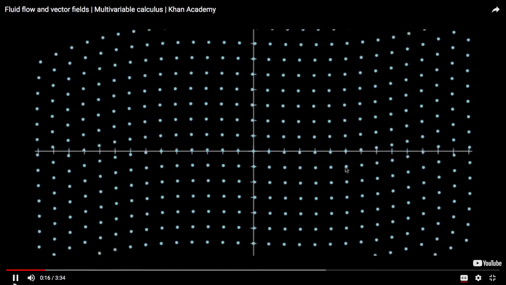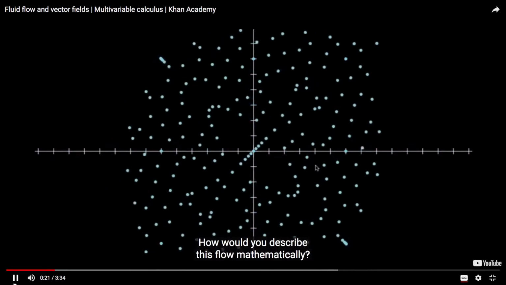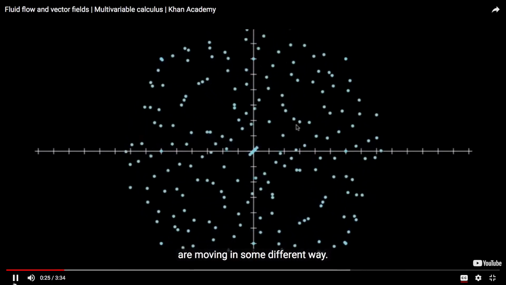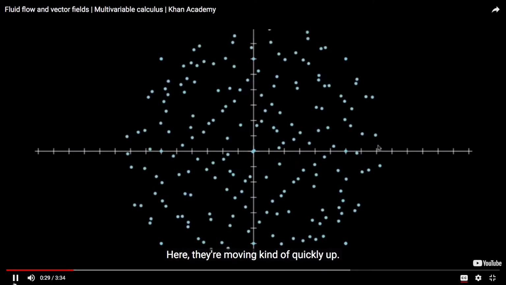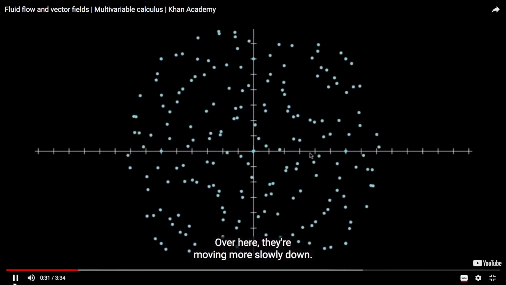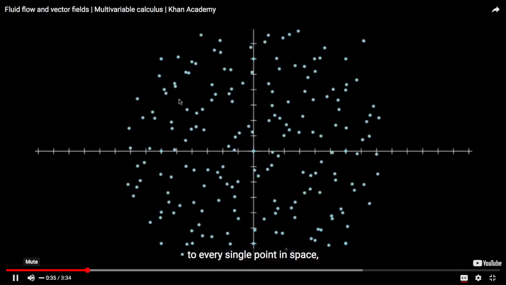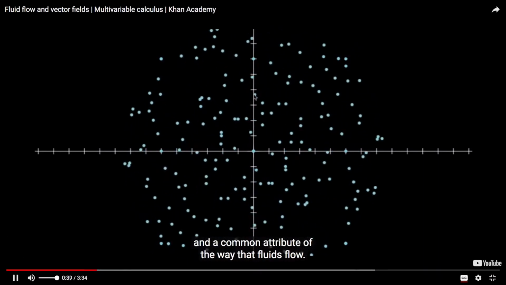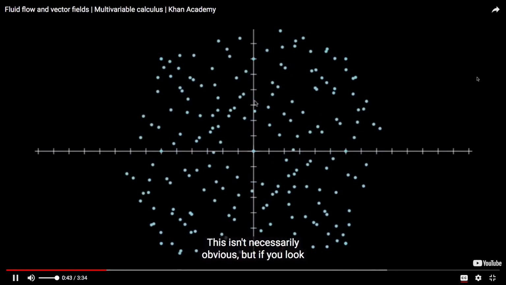Where's the sound here? How would you describe this flow mathematically? So, as you can tell, the particles are moving in some different way. Over here, they're kind of moving to the left. Here, they're moving kind of quickly up. Over here, they're moving more slowly down. So, what you might want to do is assign a vector to every single point in space. And it's not an attribute of the way the fluids flow. This isn't necessarily obvious, but if you look at a given point,